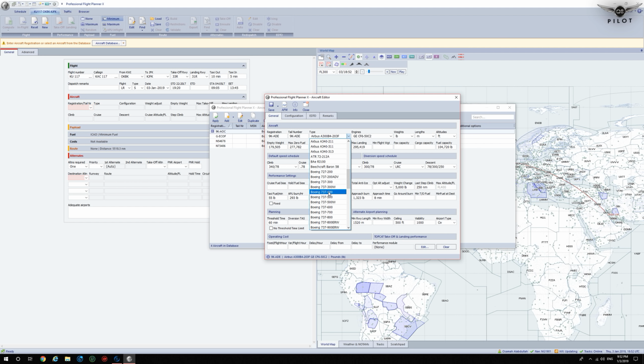There is the 747. By the way, I want to show you one thing here. By default, when you install PFPX, you'll have all of these aircraft except for this one here, which is the 787-8. And I'm going to show you later on in the video how you can add additional aircraft profiles into PFPX. All right, so let's select the 747 again,